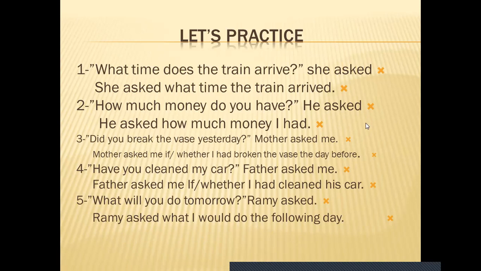Now we have finished the rule and we have practiced it and we have learned a lot from practicing. Okay, now what you should do, again, write on Google search reported speech online exercise questions. Okay, reported speech questions, and start practicing. Why online? Because online, after you finish, you are going to check the answer. Have we finished? No, not yet.